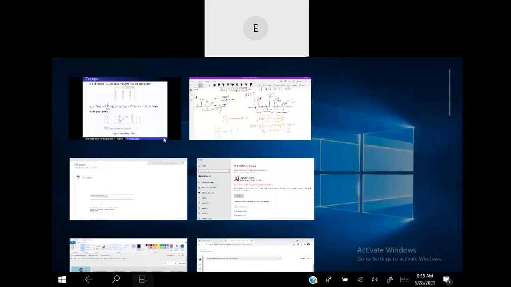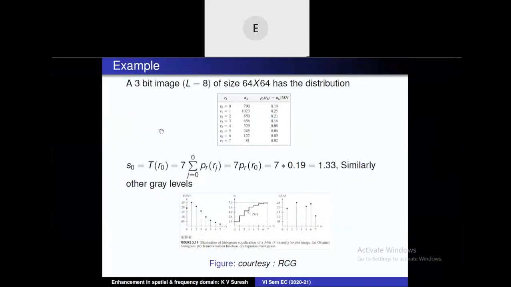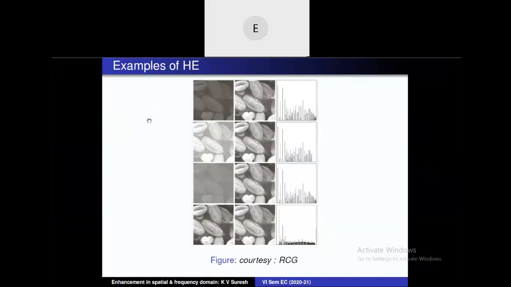Okay, now let us move on. We still have another 2-3 minutes time. Okay, so what you see here is some results of histogram equalization. This is a dark image. When I do equalization, this is what I get, and this is the histogram that I get. Definitely it is not exactly uniform. You cannot expect it to be exactly uniform, but more or less you can say it has a uniform type